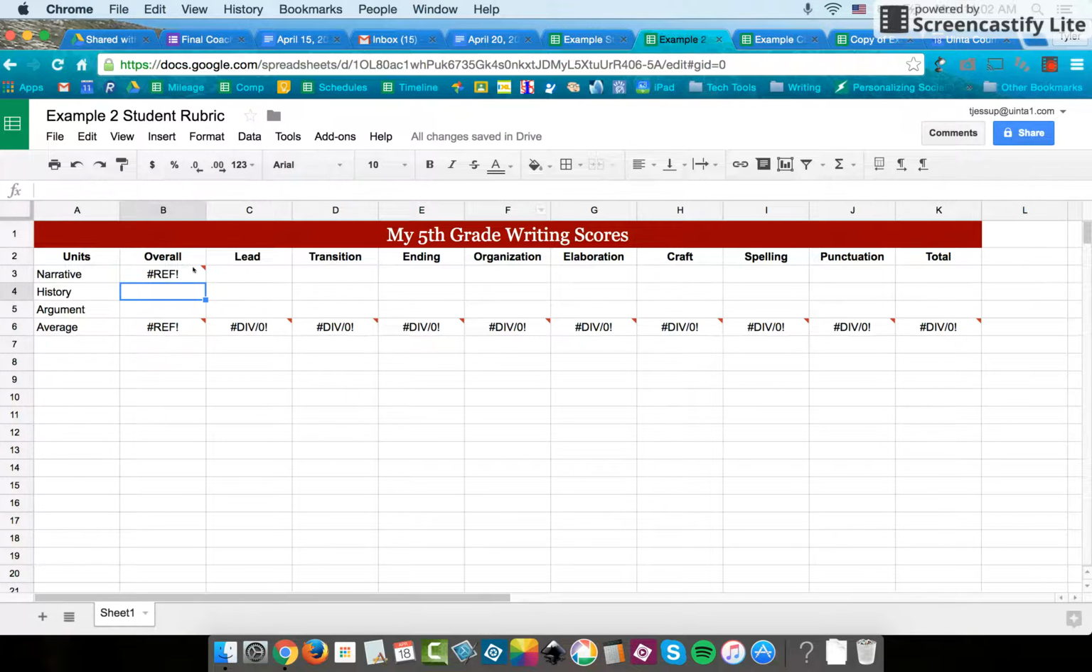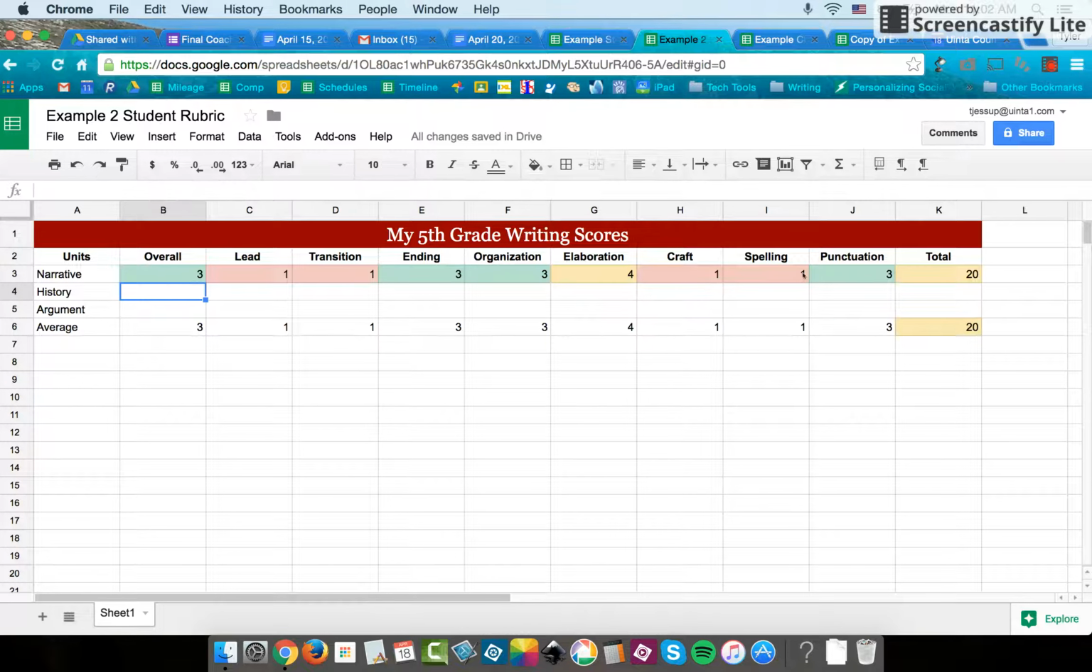This is what I was referring to in the previous video. It comes up and it says #REF. Once you hover over this, it says you need to connect these sheets, allow access. Once that happens, then the second student's data will come in. Once you do that for each of your units,